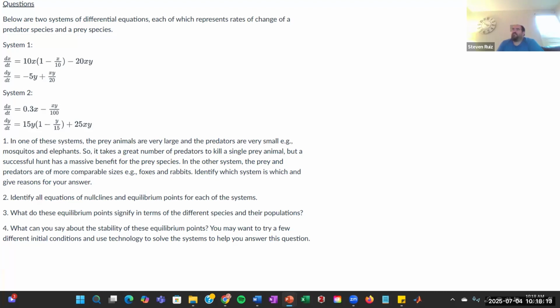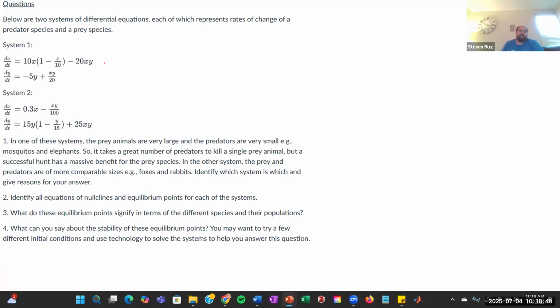Looking at it another way, since the predators are so small and the animal they want to eat is very large, it's going to give them a humongous benefit if they kill one prey. So I would expect, in the equation that describes the growth rate of the predators, that benefit, that coefficient, to be very large. Because of that, I believe that system one,